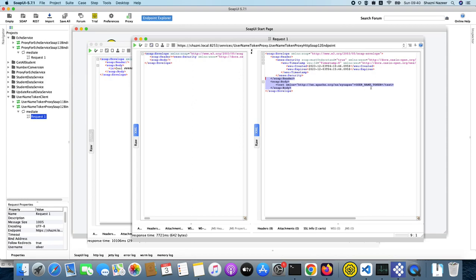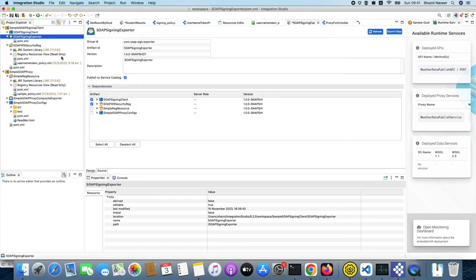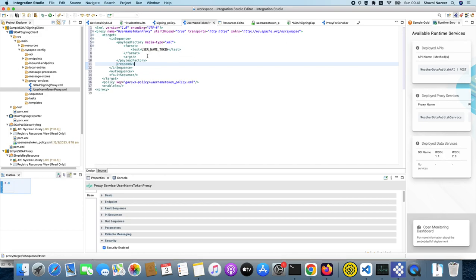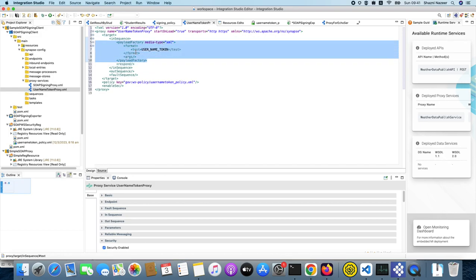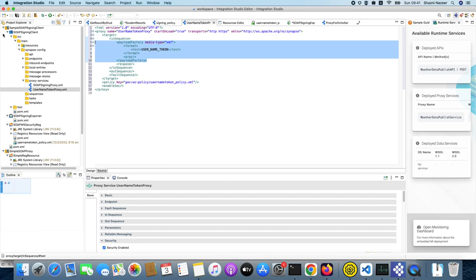You see the username token which we had in our proxy service over here. Username token proxy service. You see this value is sent back, test. So this is one scenario, and we can also look at another scenario. Let's see, I have another project here